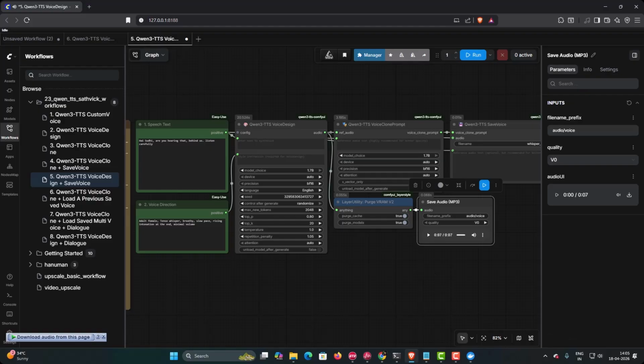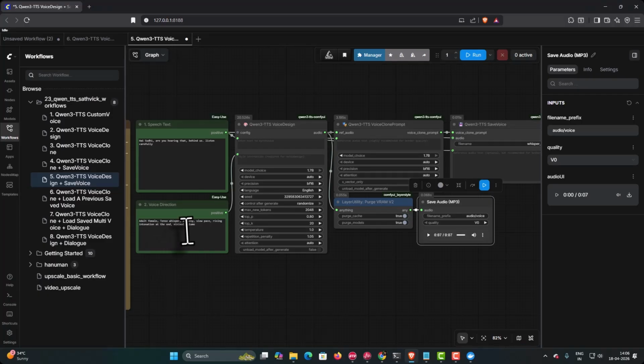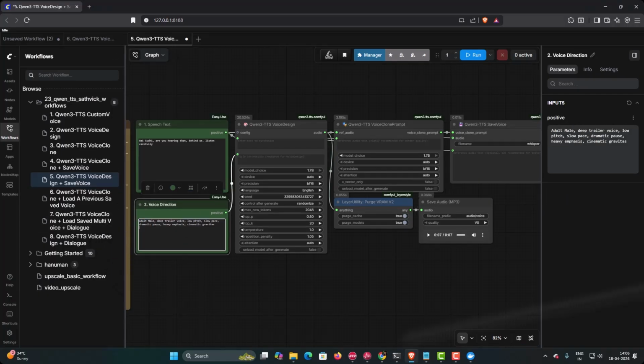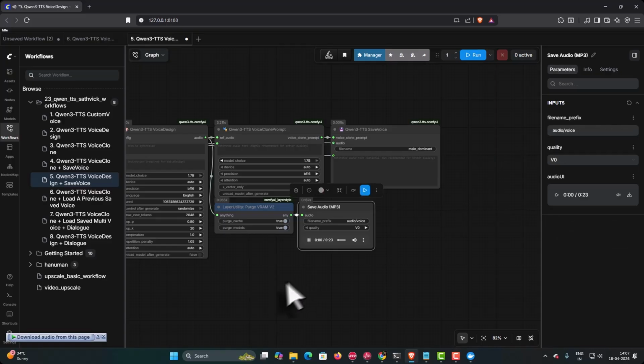Can you see how the mood shifts? Next, I will come back to the prompt and I am taking an adult bass voice. I will select this, copy it, come back to ComfyUI and in voice direction I will paste it. With the speech text given, I will call this as male dominant and click OK. And if I now run it,